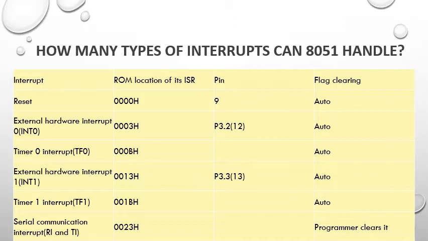A table known as the interrupt vector table is responsible for storing the addresses of the interrupt service routines. Check out the interrupt vector table shown here. The topmost interrupt has the highest priority. If you look closely at the table, you will realize that except for the reset interrupt, all other interrupt service routines occupy 8 bytes of space. The reset interrupt service routine, however, occupies only 3 bytes. This is a very important observation, and you should keep in mind the size of each interrupt service routine.